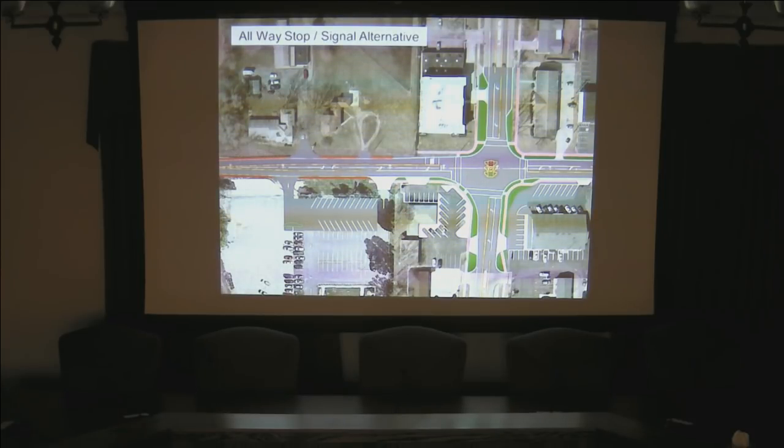So the difference with that one is you've got high-speed approaches on all sides, and the footprint of that is larger, allowing those vehicles to move through there. And what about, are there businesses and apartments on each corner? No, that is a rural high-speed location, and that one was put in to solve a safety issue. Yeah, so the businesses and the access points,